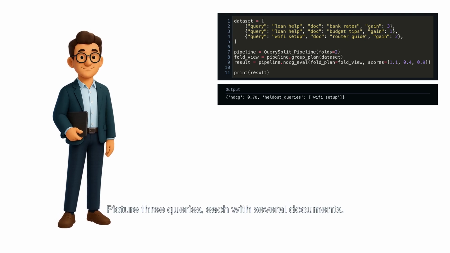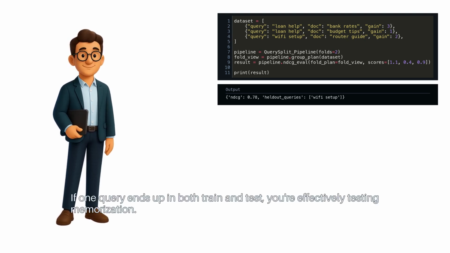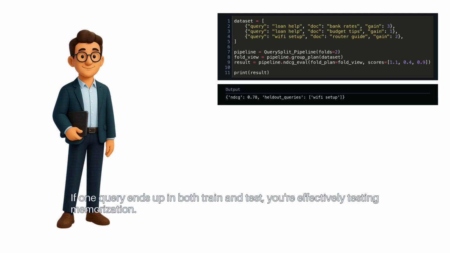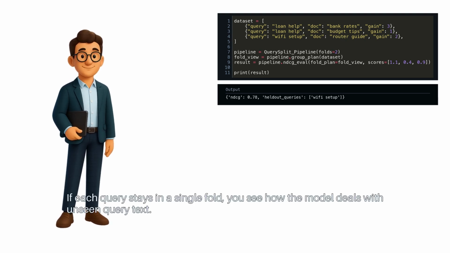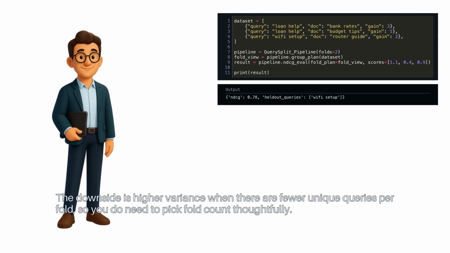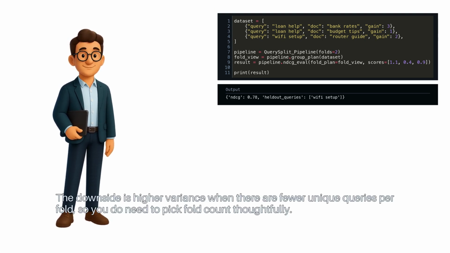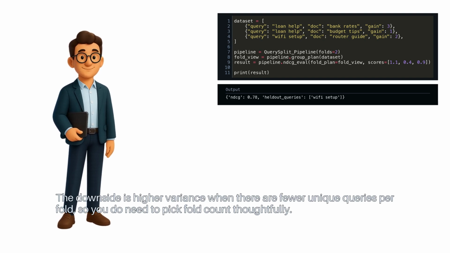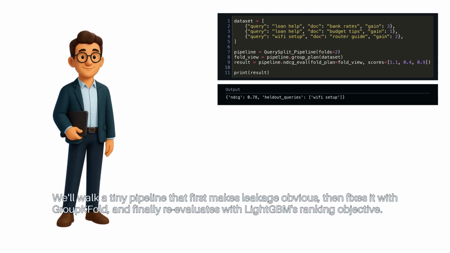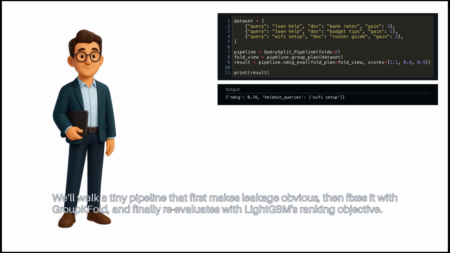Picture 3 queries, each with several documents. If one query ends up in both train and test, you're effectively testing memorization. If each query stays in a single fold, you see how the model deals with unseen query text. The downside is higher variance when there are fewer unique queries per fold, so you do need to pick fold count thoughtfully. We'll walk a tiny pipeline that first makes leakage obvious, then fixes it with GroupKFold, and finally reevaluates